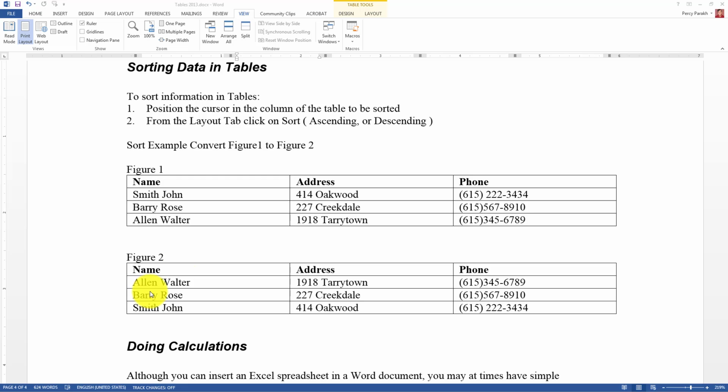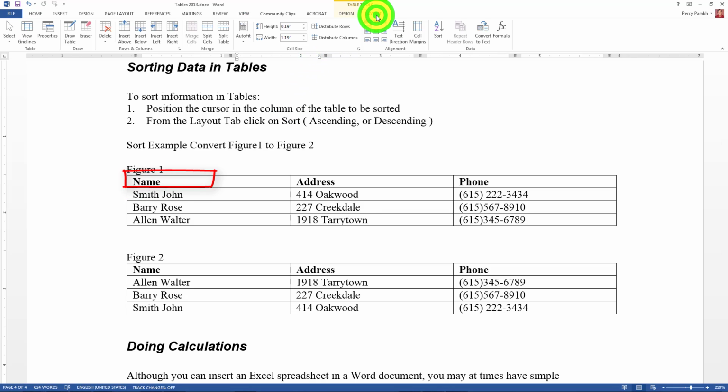So the way to do that is you position the cursor in the column of the table to be sorted, and from the Layout tab, click on Sort. So that's what I'm going to do. I'm going to click in right here, and I'm going to go to Layout, and I'm going to go to Sort,